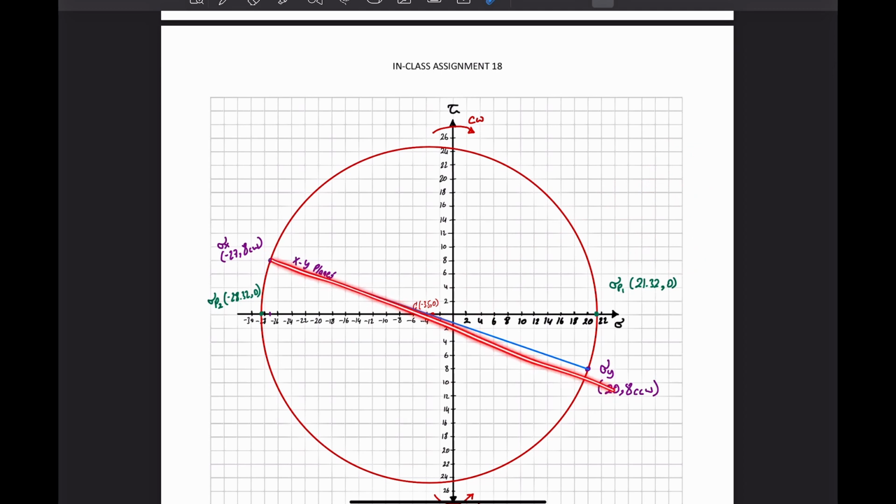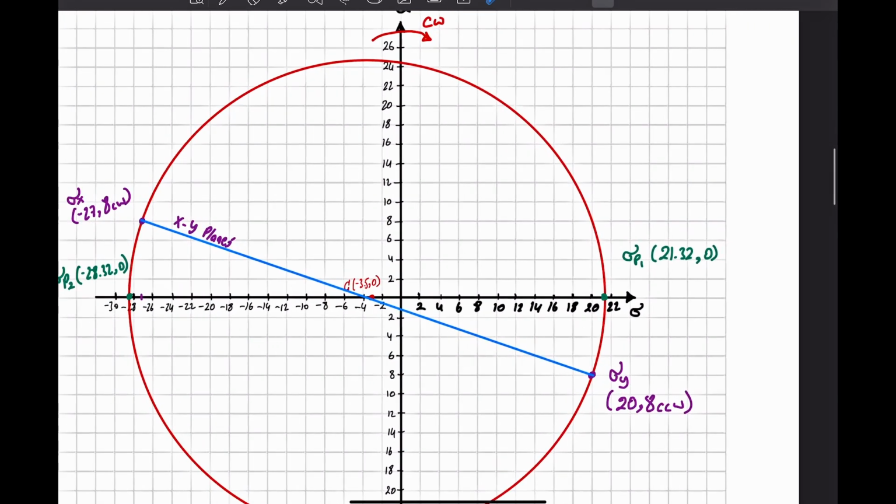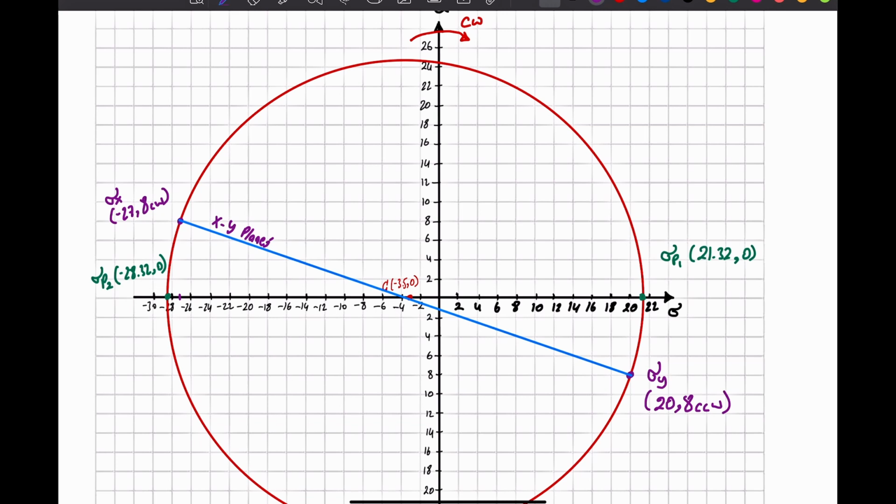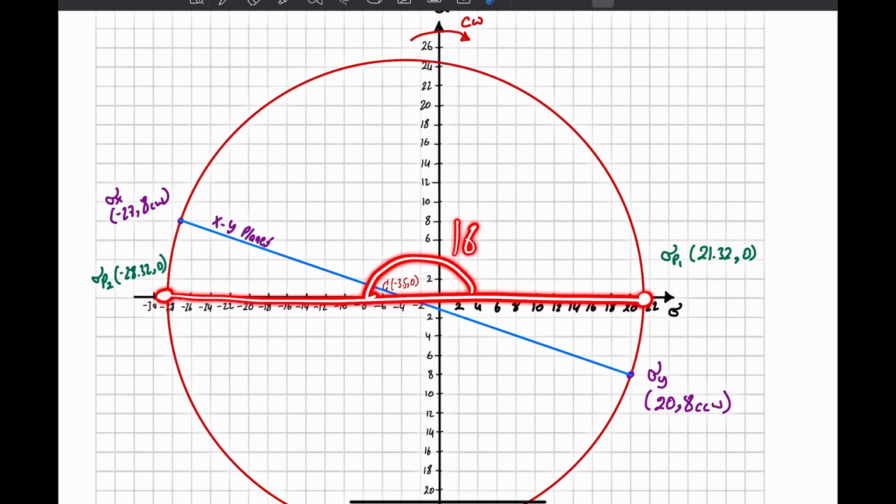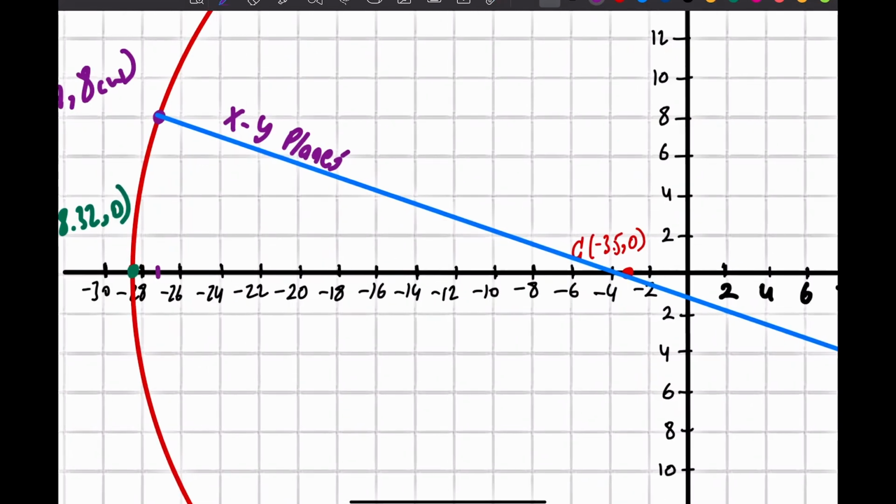So this is the xy plane, and now we're gonna use this reference line to rotate our element. So we have this point, which both of them make an element and 2 orthogonal elements. And now if we want to rotate to any certain point, for example, we're gonna rotate from the xy plane, okay? So now what we want to find is where is the principal plane. So this line is the principal plane where we have sigma p1 and sigma p2, and the angle between them is 180, which tells you those are one element and they are orthogonal planes. So this is the principal plane,